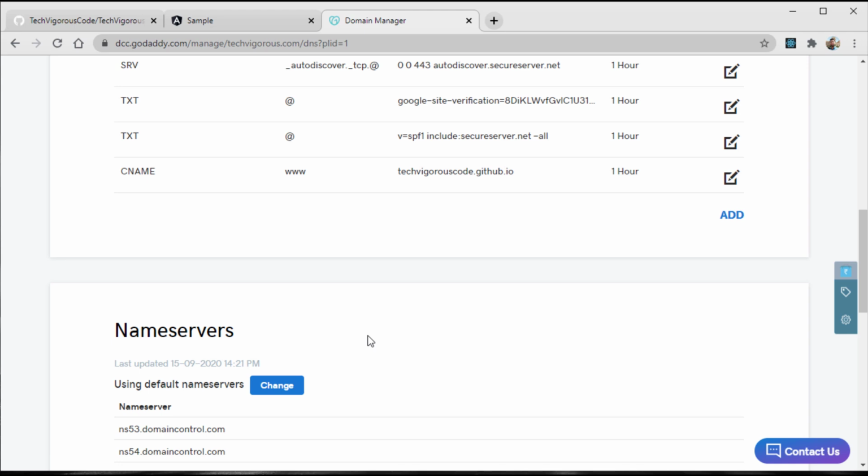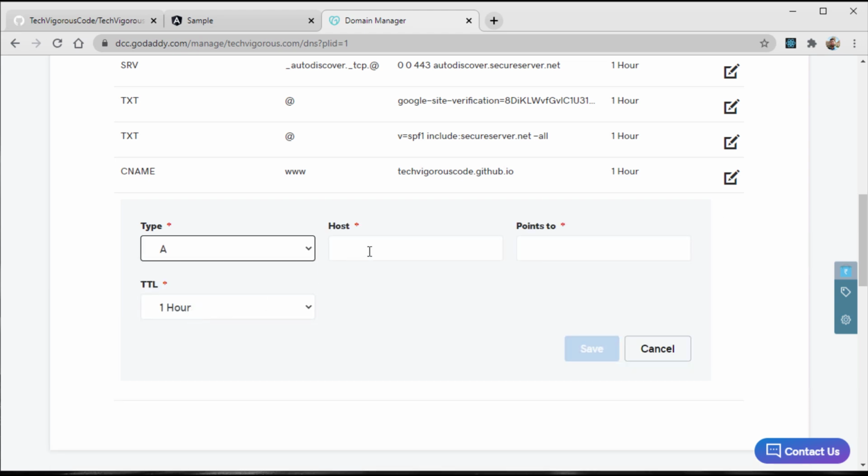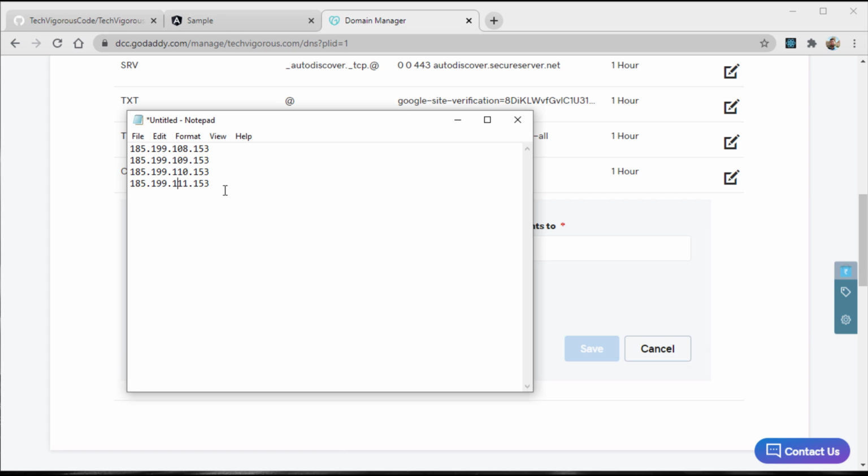Once you have saved it, you need to add some A records. Again click on the add button and select A record, and inside the host you can give @. Inside the point to field we have a list of IP addresses given by GitHub Pages.